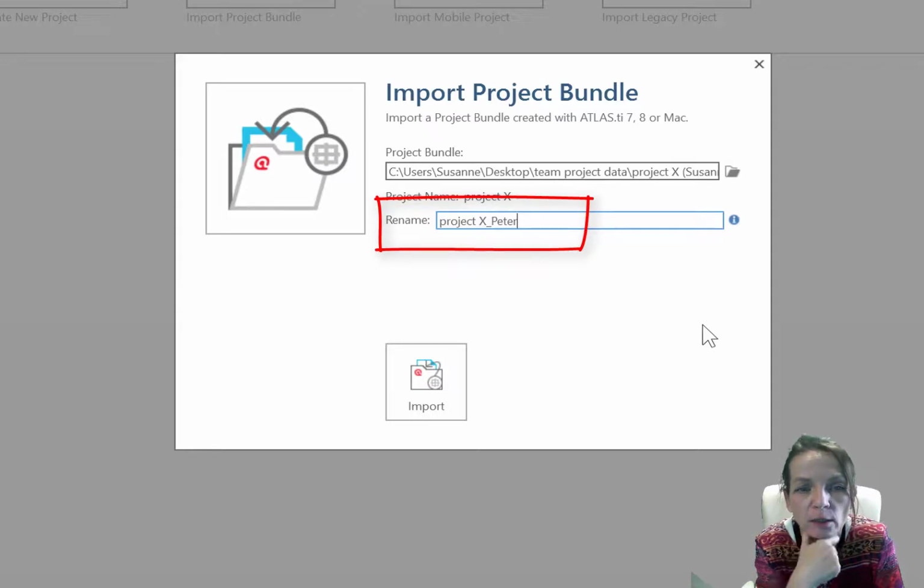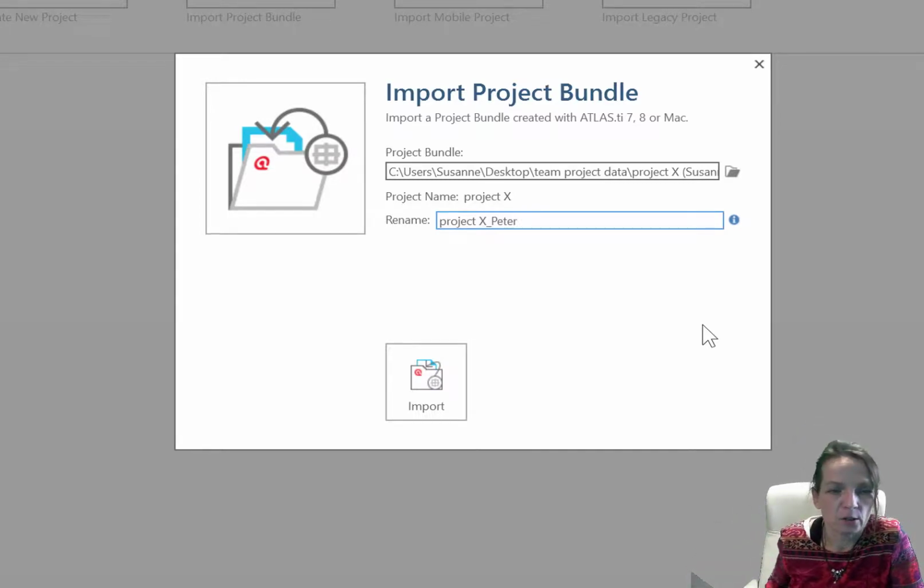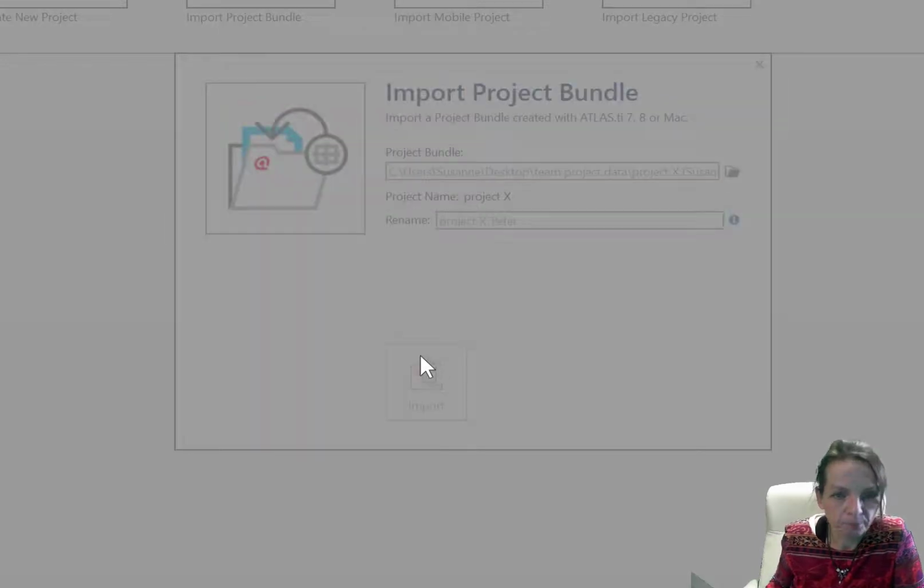So if I'm not changing the project name now, and I send it back to my project administrator, the project administrator has two project Xs. And then she doesn't know, is that now Peter's project or is that Susanne's project? So please go through this routine and think about how you want to rename it, whether you want to use first names or initials, or just code 1, 2, 3, whatever. So now I import the project,